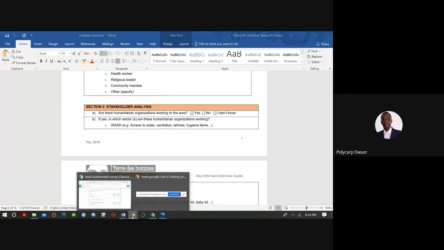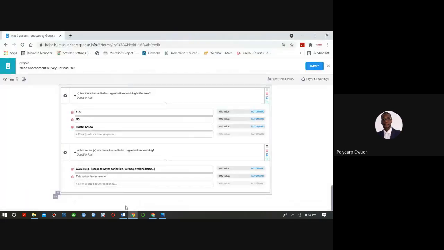Now it will depend on how they are answering you, because if you are doing data collection, someone will tell you, okay, when my child was molested, they took care of that. They made sure that I got justice. Then we also get food assistance from this NGO.